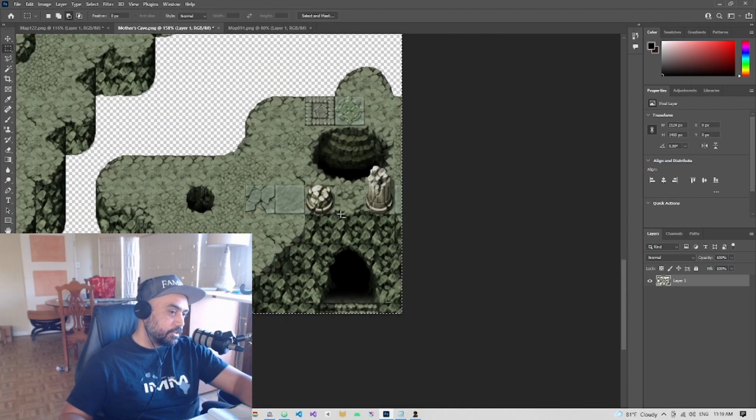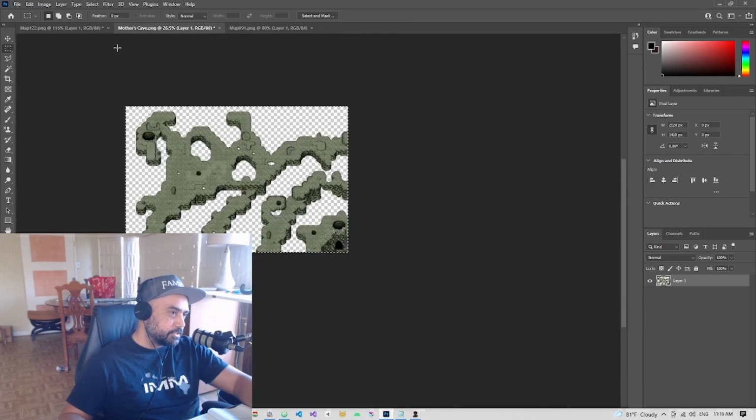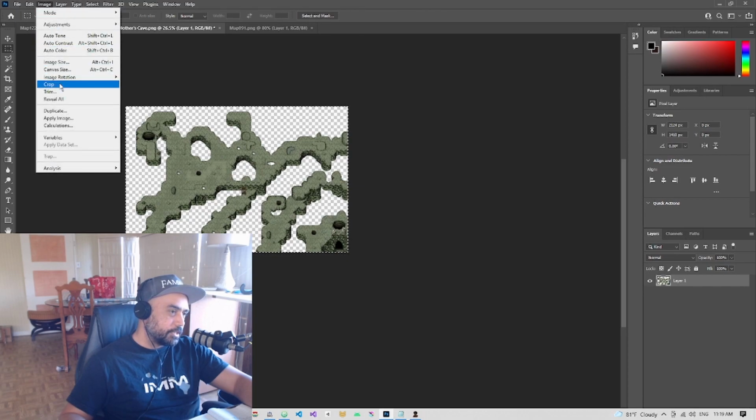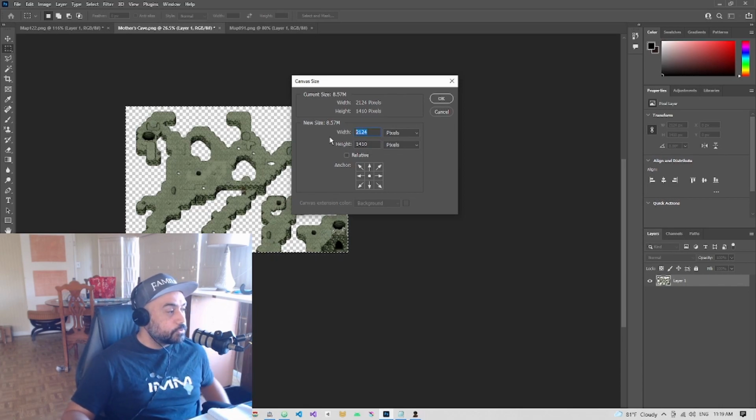It's really the only thing I'm concerned about in this map. I could actually delete everything else, but just to get perspective, I can go to image and canvas size here, and the width is already too big. It's already past the 2048 threshold for mobile. And eventually I do want my game to be on mobile,